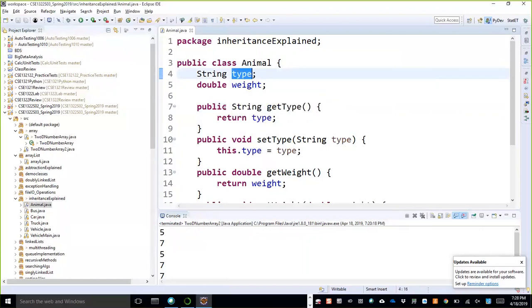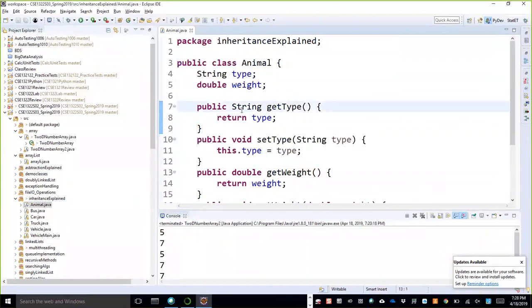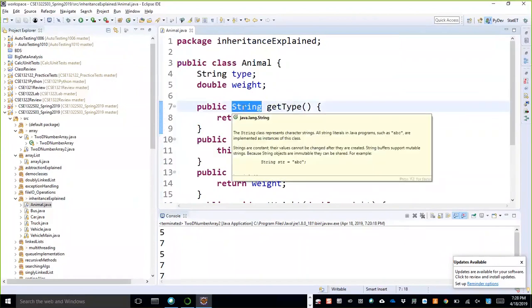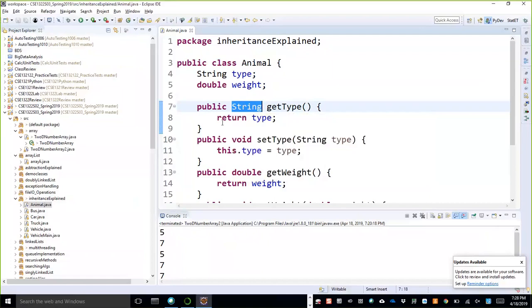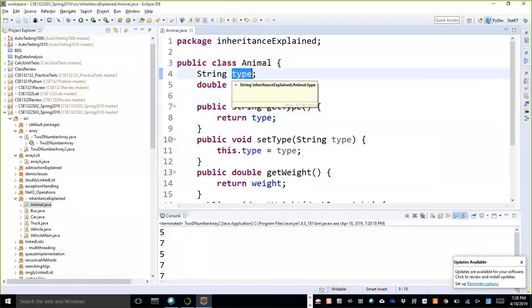You see how it is formatted in Java. It's getType, T is automatically in uppercase. So getType, and the type is String, so this method's return type will be String. Then it will return this type.